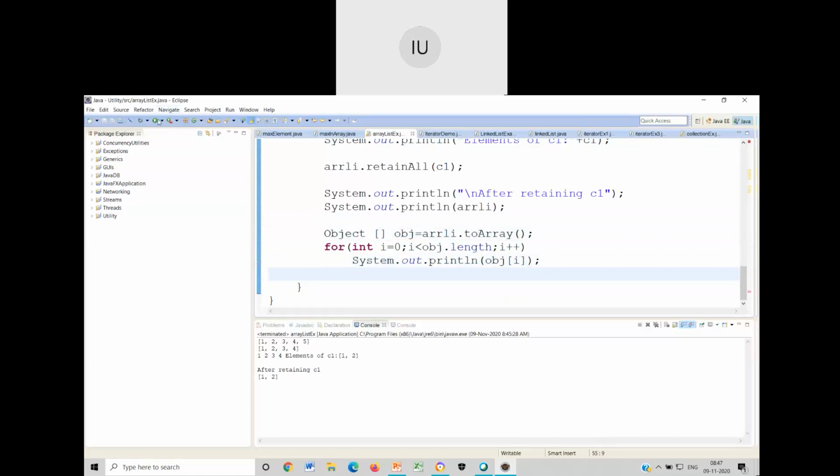Okay, let me run this now. Yeah, look at this, how it is getting converted into an array. Now, object.length. Previously, I had used size. Size is unavailable in arrays. So arrays always have length. That's why size will not work here. Okay, let me try that. I will remove this and write it like this. Look at this, it is giving me an error because size is never available as part of an array. Size is a function available only in collection classes. When I talk about a simple array, it always talks about the length. Yes, now I will come back to the question.